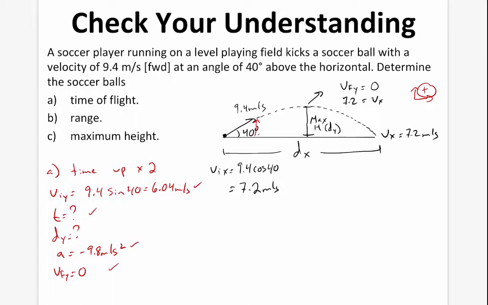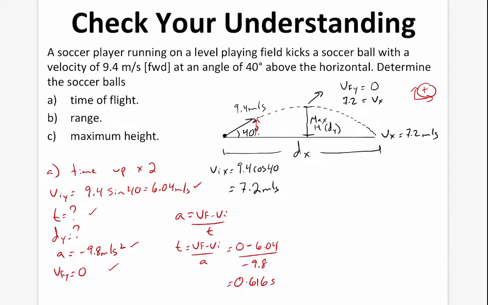So we can solve this problem, but we need an equation to do so. Let's use A equals VF minus VI over T. We're going to rearrange: T equals VF minus VI over A, and plug our numbers in. VF at the top is 0, minus 6.04, divided by negative 9.8, and that equals 0.616